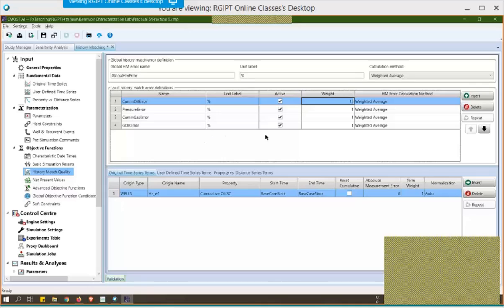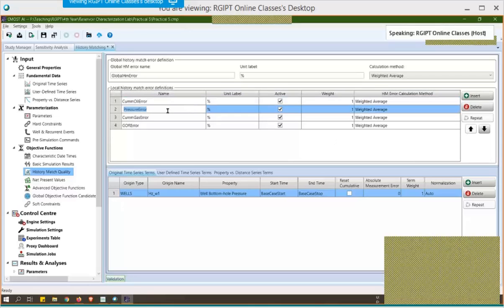Why cumulative gas? Because we can see that cumulative gas is also a term where we can see a very huge error between the produced and the simulated result. Okay, so let me just keep these all errors as one, and we can also remove this pressure error because we have seen that the pressure is very much the same, and it will only increase the amount of time. So we can remove